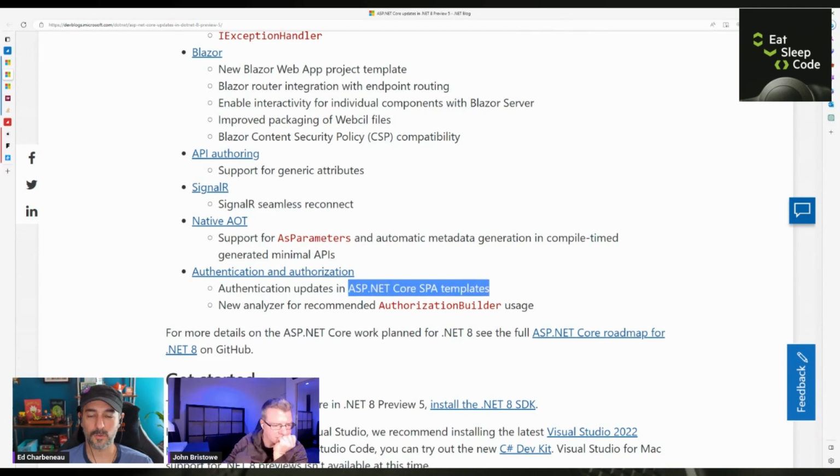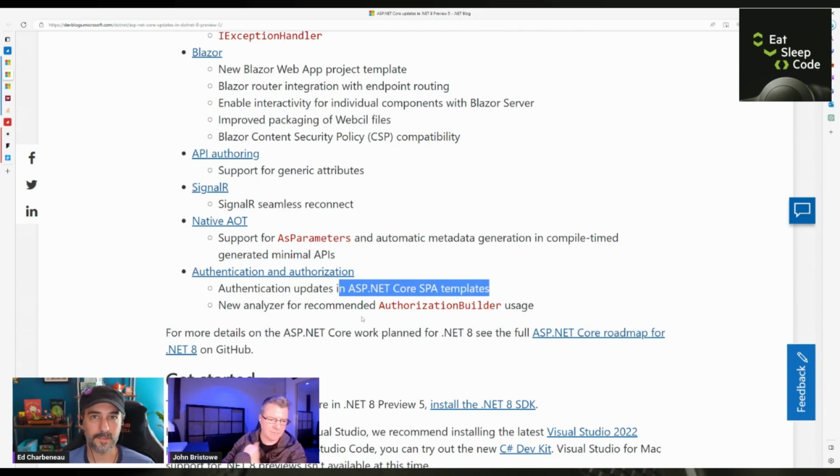I talked to Daniel Roth, the program manager on this one, a couple of months back, and they weren't sure if they were going to get to this in Preview 8 or .NET 8. But it's showing up in the previews now, so they must have made room for it. It's nice to see the whole authentication templates getting some attention. I don't know if you're familiar with those, John, but yep. They've existed for quite some time. How long ago did you touch those